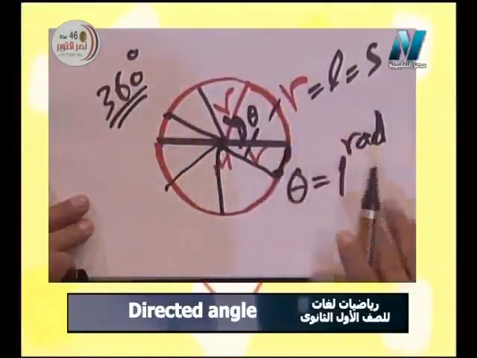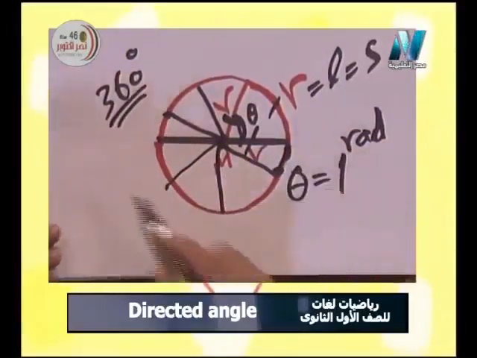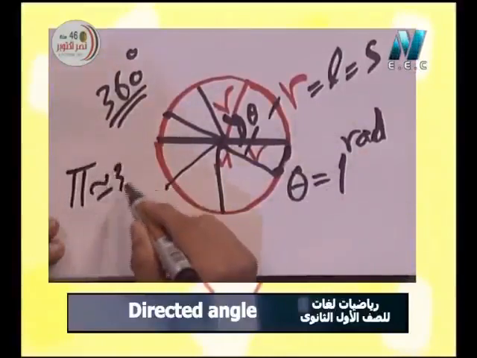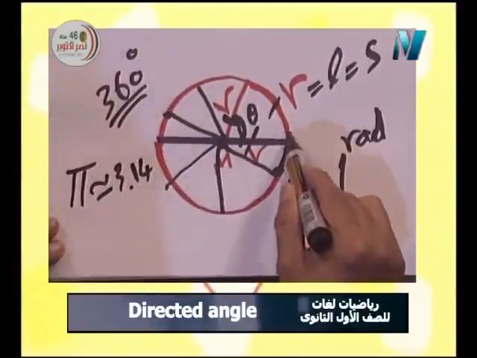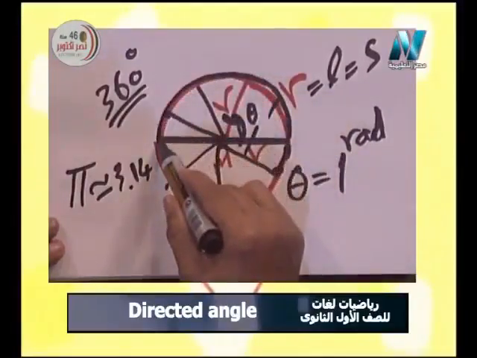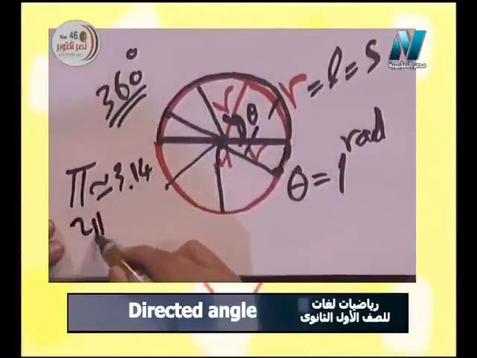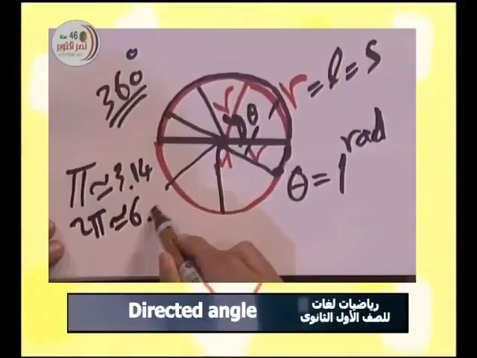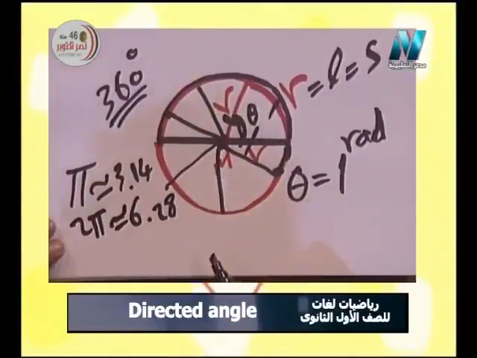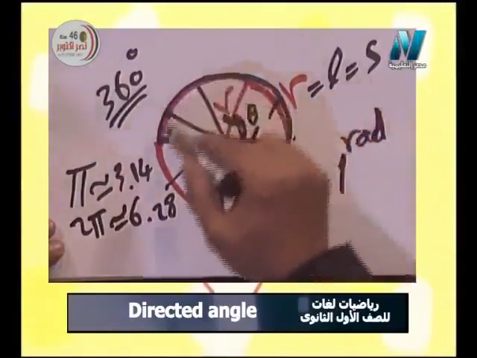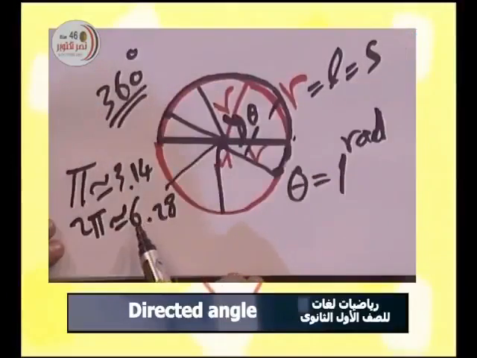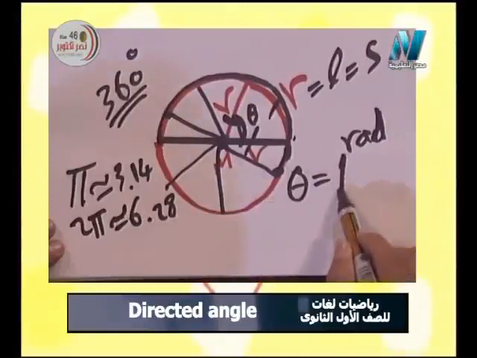This part is about 0.28. We know that pi approximately equal 3.14, which is half circle but in radian measure, and 2 pi will be approximately 6.28 rad. So half circle equals pi in rad, the circle equal 2 pi in rad, which is about 6.28 by using the unit of radian, 1 unit. Okay,